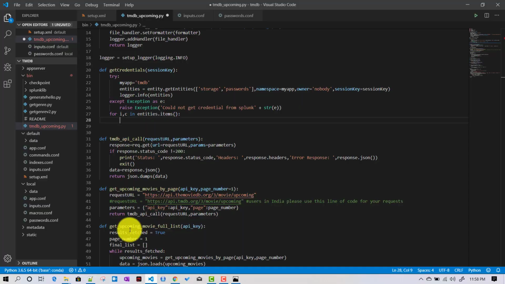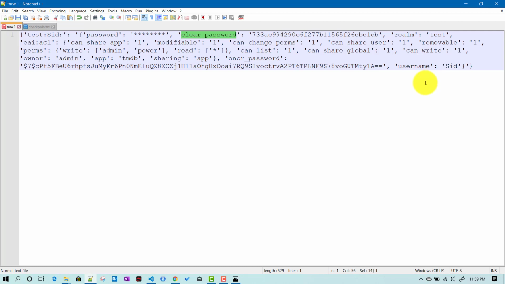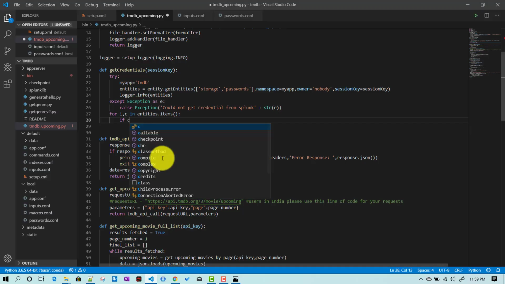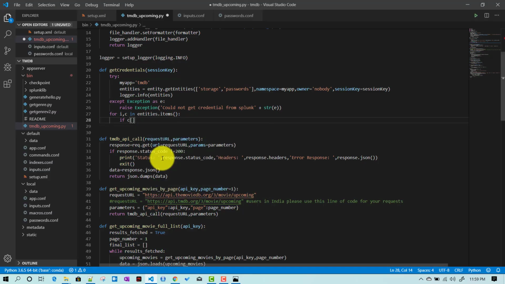So what we'll do is write a logic something like this, because over here it may happen that we will have a lot of usernames, right? So we just need the username currently. To make it very simplistic, we'll compare. If the username is Sid, then we will take the clear password. Now according to your scenario, you may have to handle it accordingly. So if C, the username,